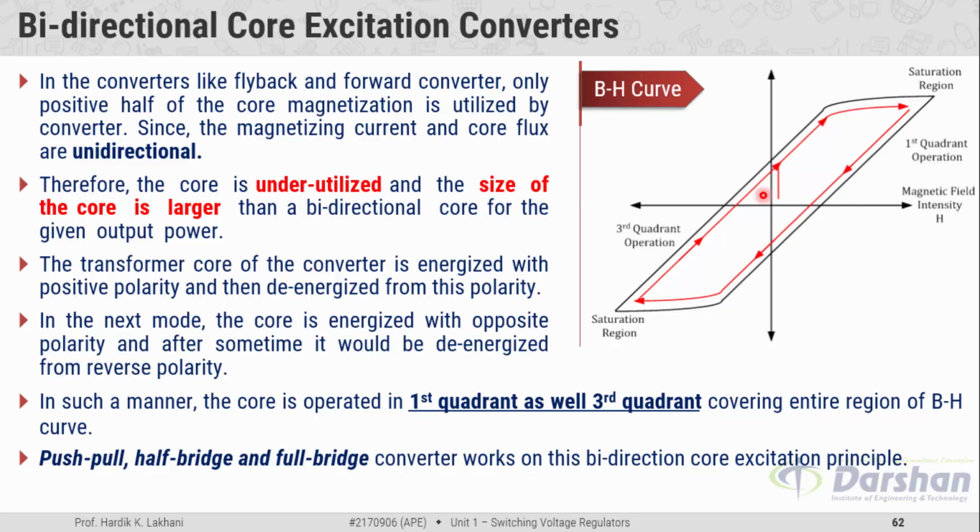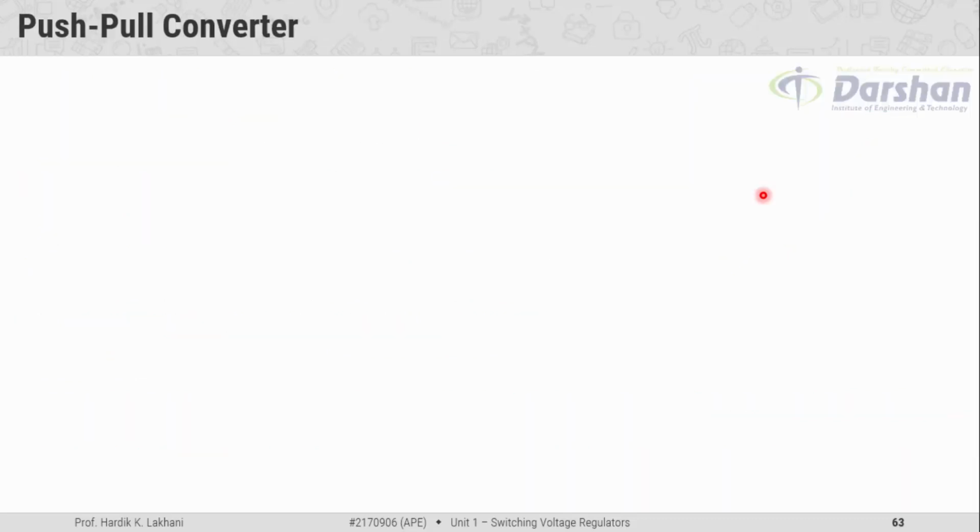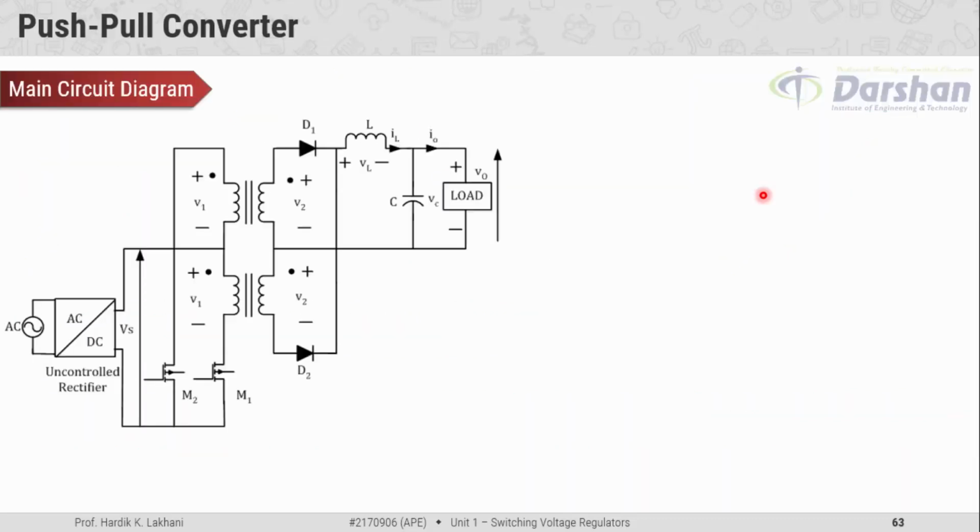So now let us understand the working principle of push pull converter. This is the main circuit diagram of the push pull converter. It has two controlled switches, MOSFET M1 and MOSFET M2. It has an isolator element, a transformer, but this transformer has center tap primary and center tap secondary winding. Diodes D1 and D2 for the freewheeling purpose, energy storage element inductor, for the filter purpose capacitor,